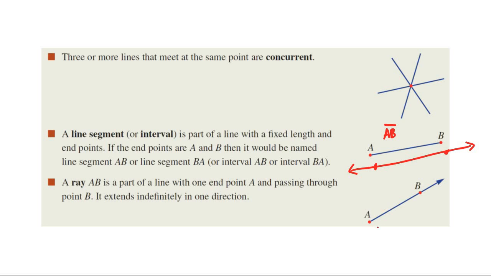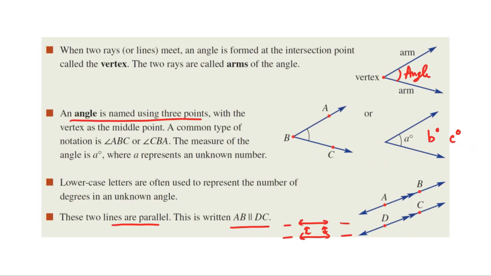Next we have ray. In the case of ray, again this is a part of the line AB and it is written like this here. In this case, you see this is the starting point and the other point extends indefinitely, okay. So it starts from one point, passes through the other, and indefinitely extends in this direction. Okay, so here when 2 rays meet,